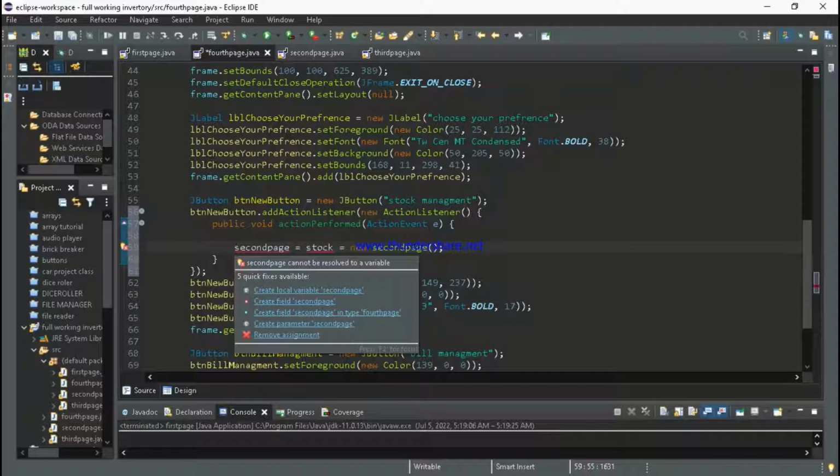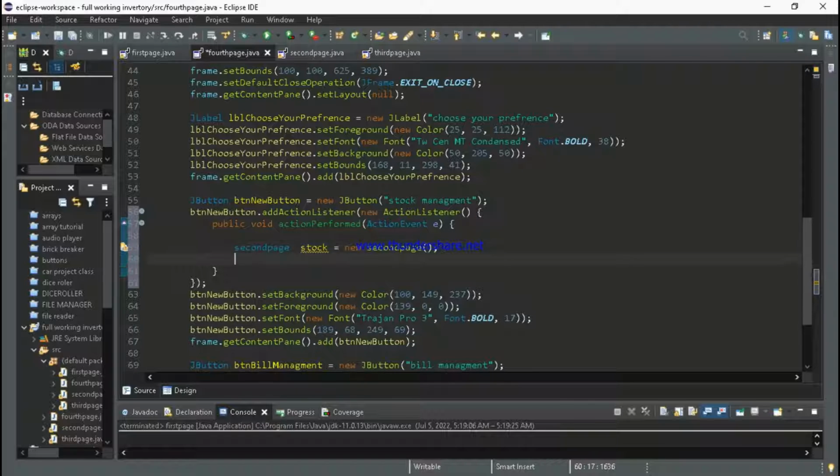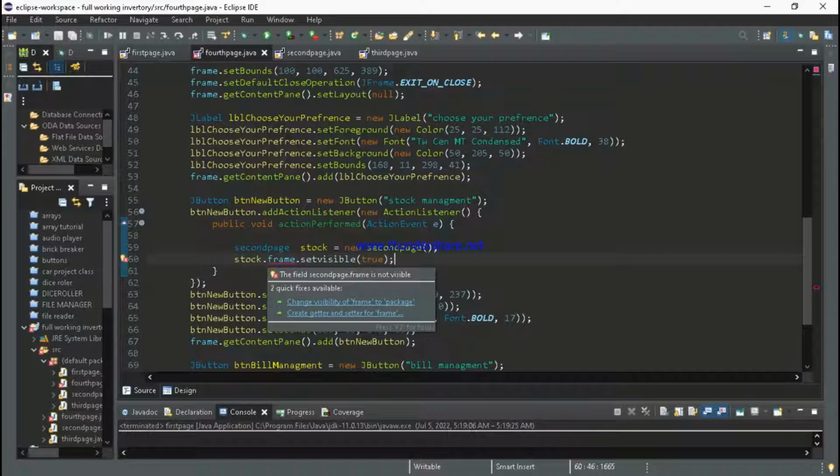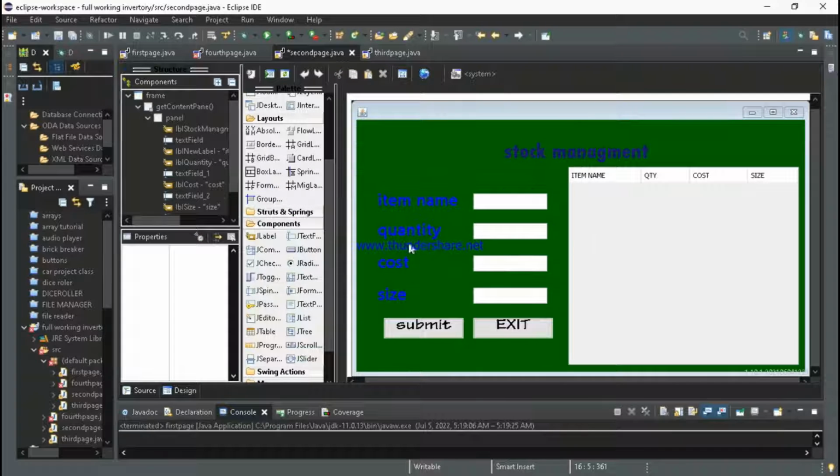Okay, so second page stock. Then let's say stock dot frame dot set visible, let's say true, like that. Then save this, then change this to change visibility of frame package. Okay,